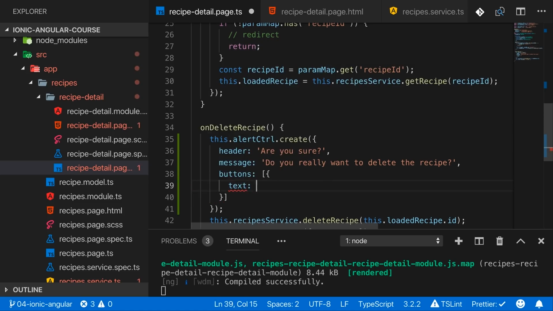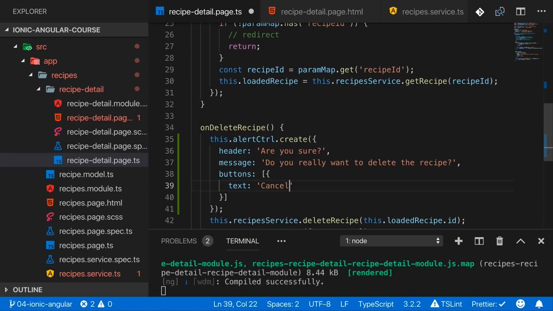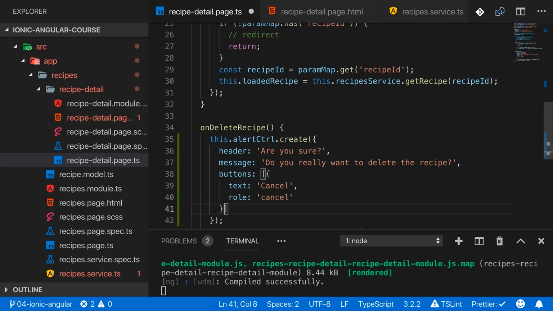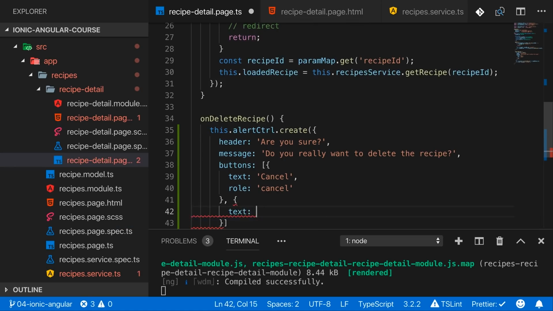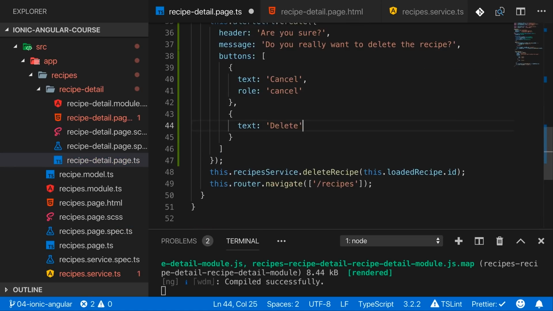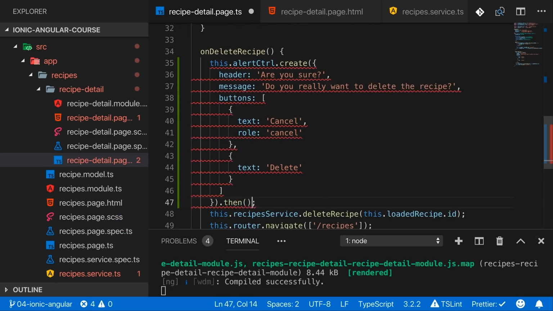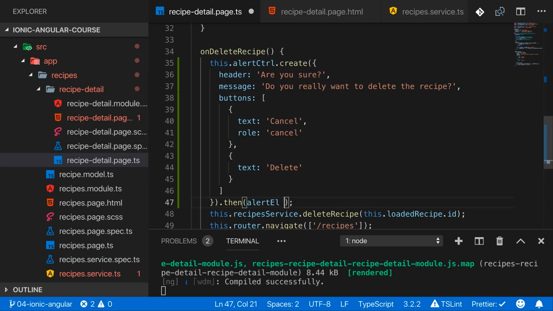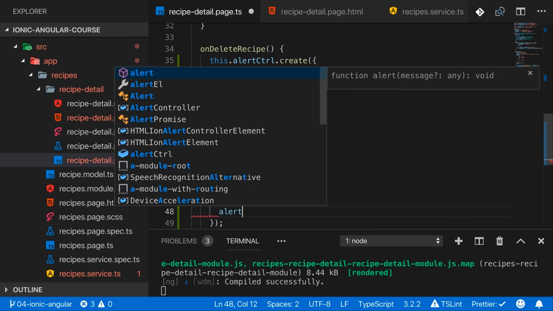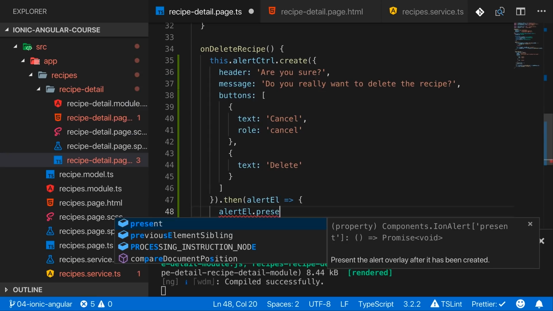Now, let me add a text here. And there, I want to have the text of, let's say, cancel. We can give this a role of cancel, and that will actually just close the dialog and not do anything else. And I can add a second button with the text of delete. And there, well, indeed, I want to delete this. Now, create returns a promise, which actually gives us this alert element. This hasn't changed. And then we can call